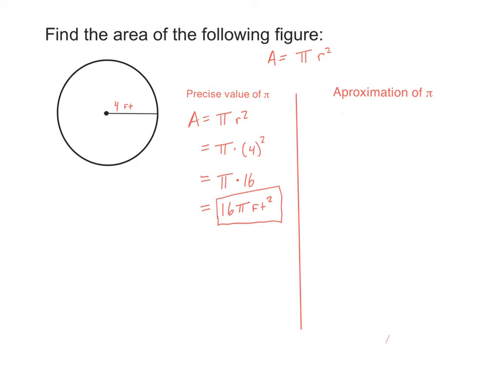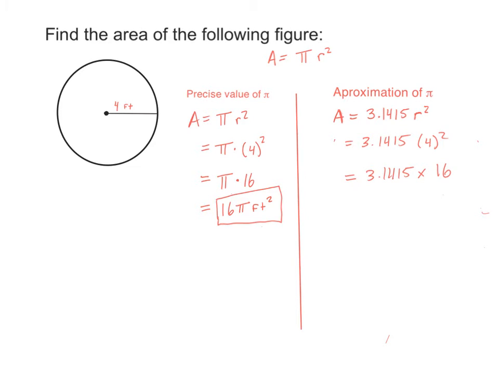Now the second approach. We are going to use an approximation of pi. Now we're going to write it as A equals 3.1415 times r squared. Once again, our radius is 4, so let's rewrite it as 3.1415 times 4 squared. Now we get 3.1415 times